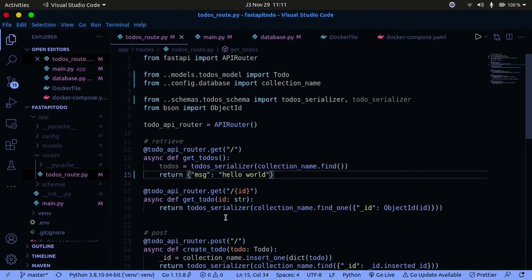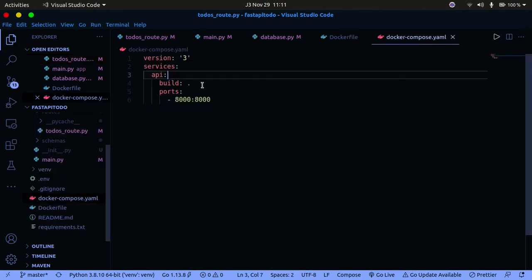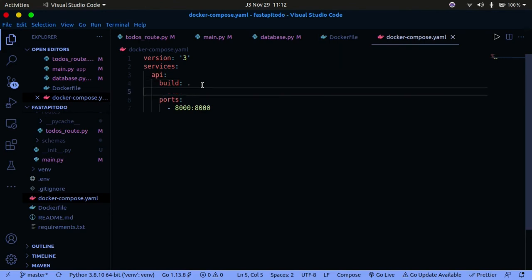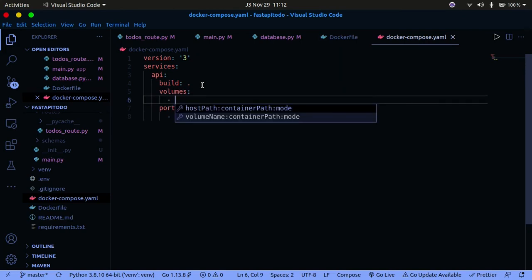So every time you make changes, you have to rebuild this, and this takes a couple of minutes. So how do we make sure that we automatically keep track of this? We have to create what is called a bind mount. A bind mount is a bind mount volume. So it's a volumes entry, and then you have to specify the current directory on the local host,